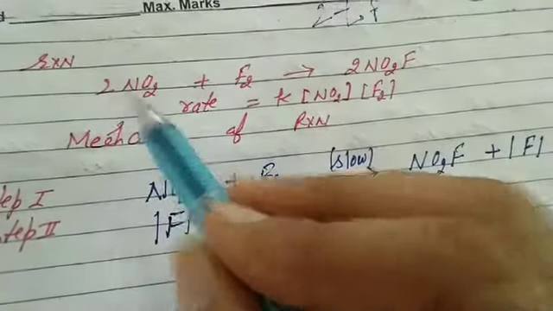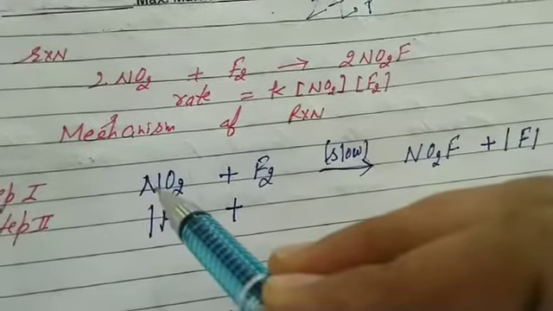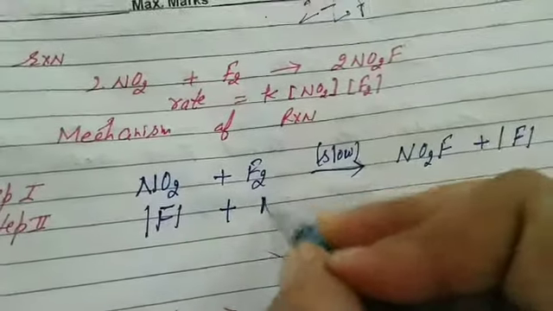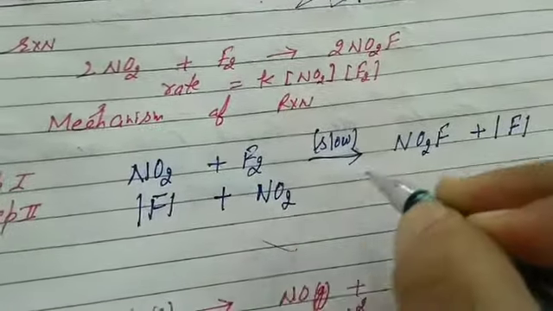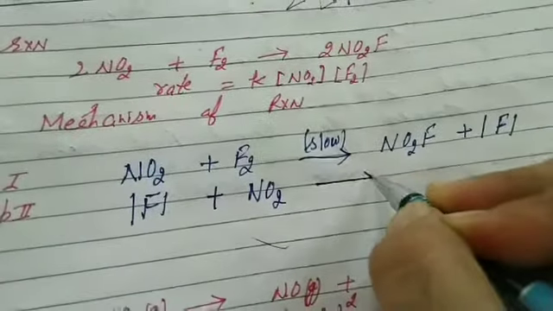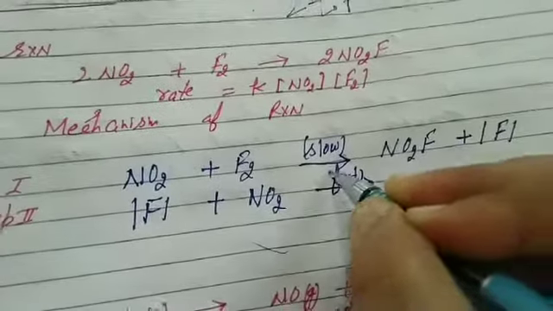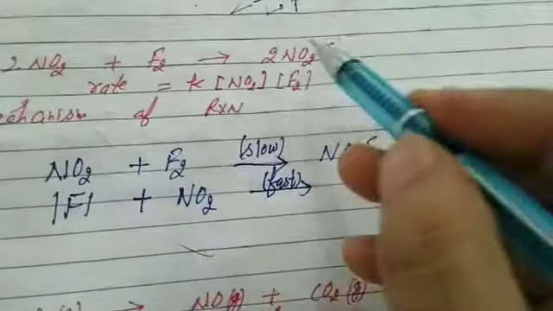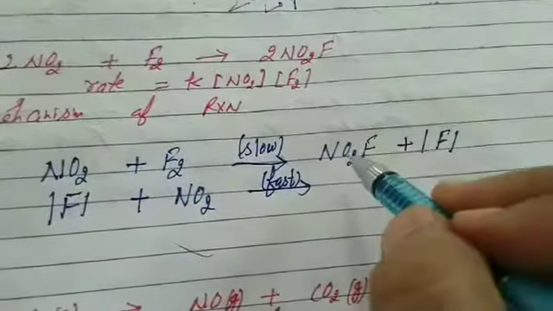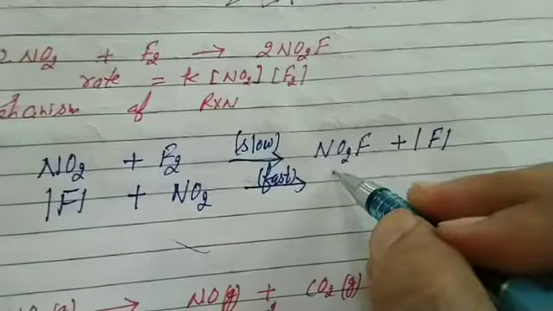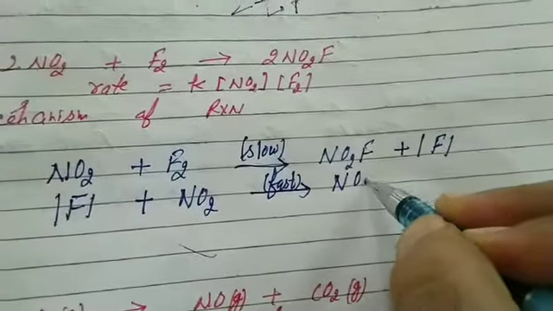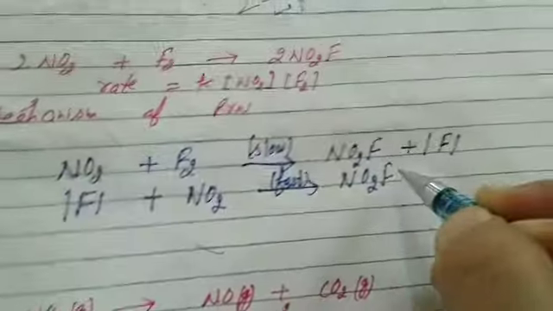Stoichiometry of NO2 is 2. One has already participated. Second we proceed. And here we write fast. It is a fast step, students. Again the products in the given equation are twice of NO2F. One is already formed. It means definitely the second will be formed in the second step. And also it is balanced.